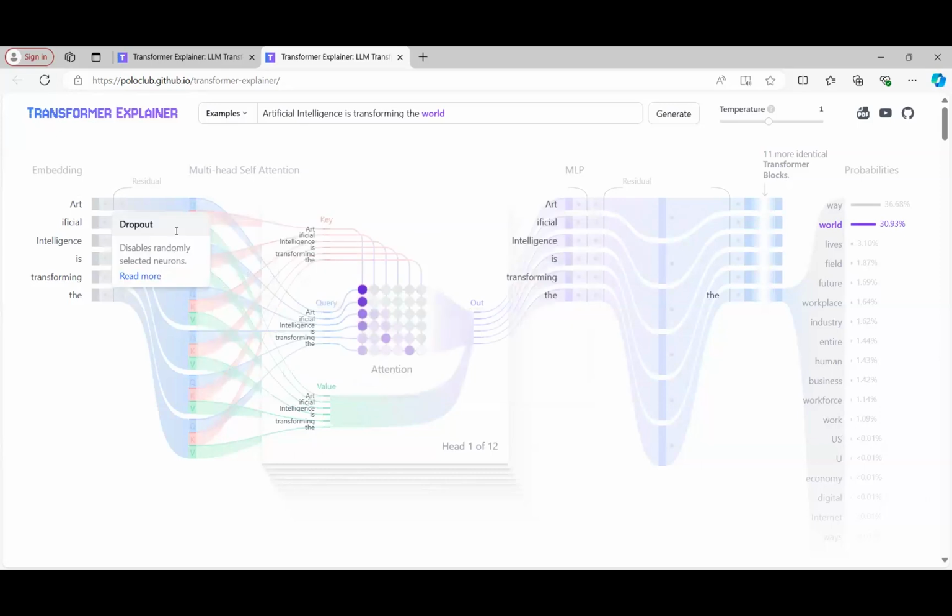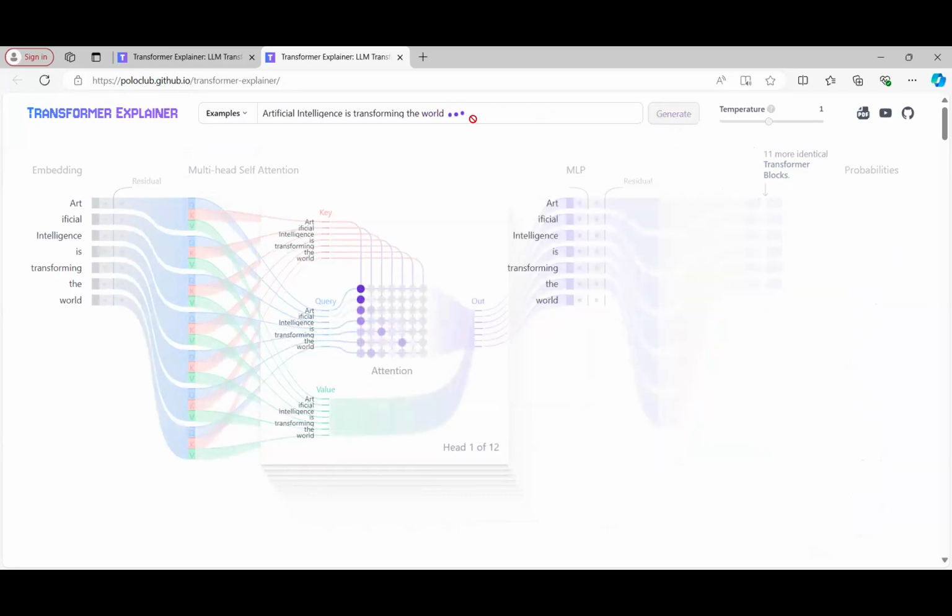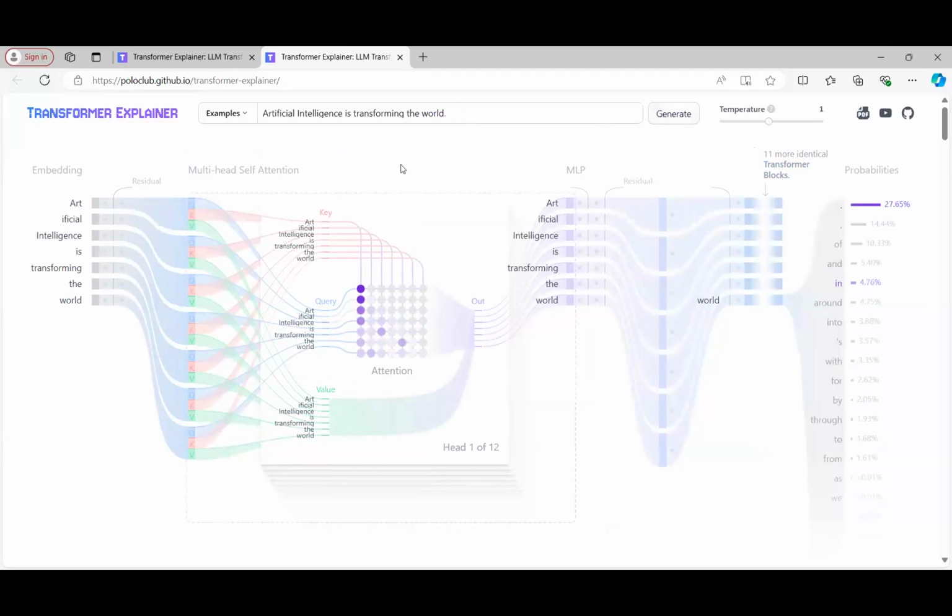First, it converts all your text into numerical embeddings, and then does massive attention based calculations on top of that, and then comes up with an entire list of terms that can probably show up, and then calculates the probabilities of which term is most likely to show up. And as I keep clicking on generate, it is recalculating all those attentions every single time. And it's figured out, probably "it's transforming the world". The best token that can probably show up is a period. You're trying to end that sentence with some 27% probability.